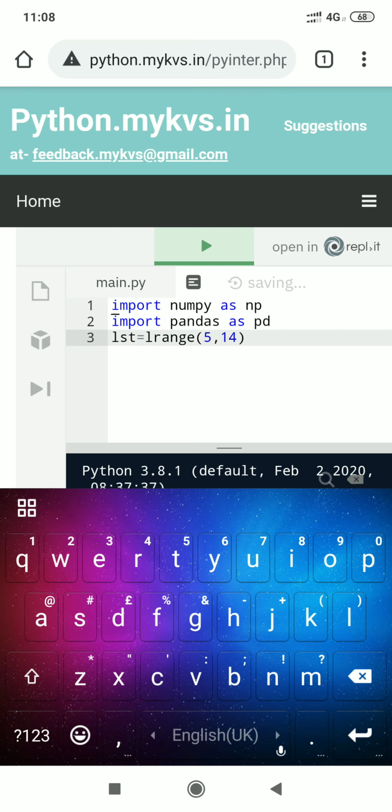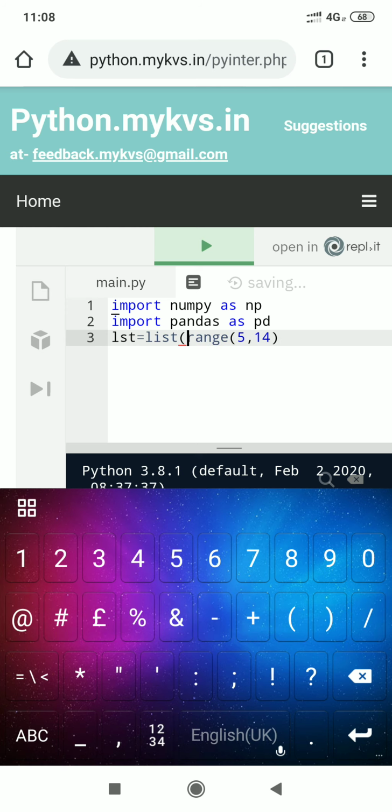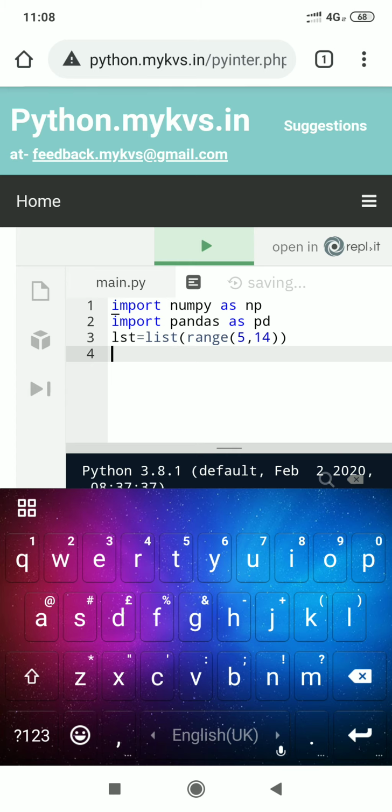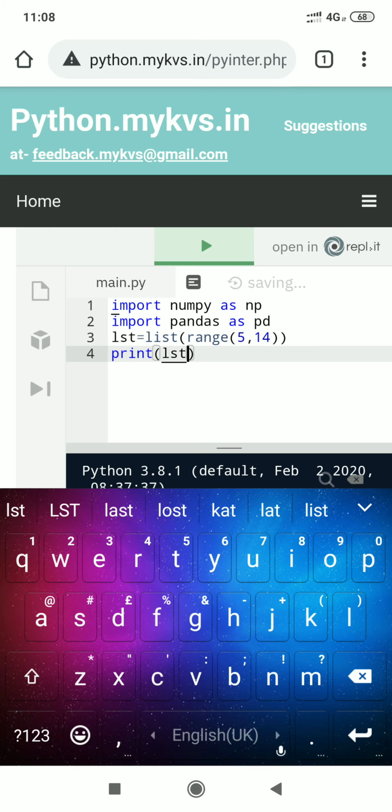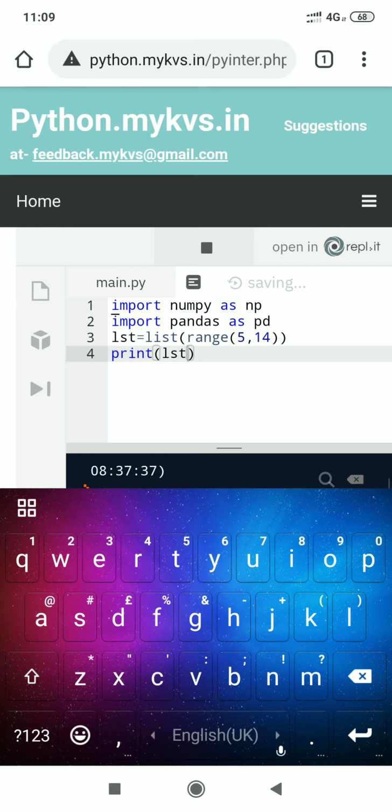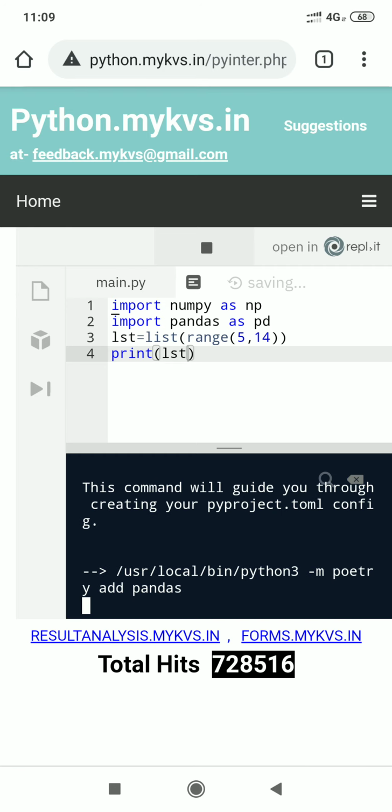So we convert it here with the help of the list method. Now the list holds the value 5 to 14. Whether it holds or not, we can check it with the help of a print statement. Now I execute the program.